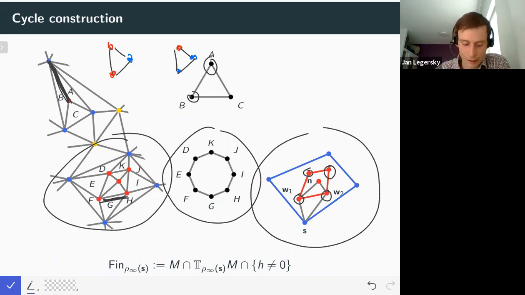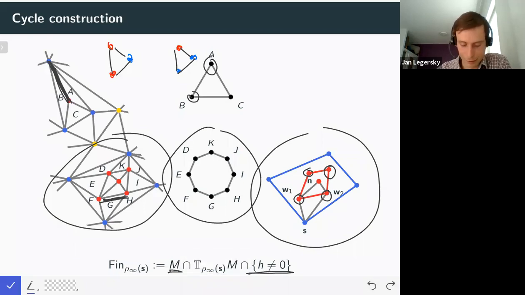So I have a cycle, and the red vertices are, of course, in the Möbius model. At the same time, they are finite by definition of red vertex. And what is important is that they are in the tangent hyperplane to the point rho infinity S,